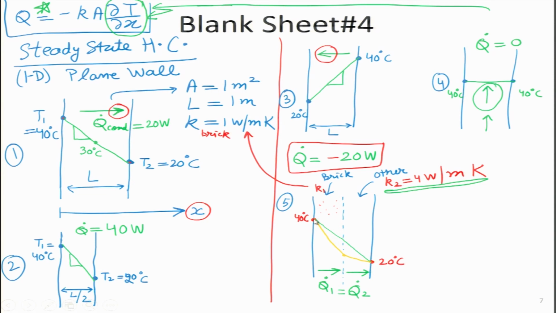So, essentially we will have 2 straight lines, both of them are straight lines, but their slopes will be different. This will be a lower slope, this corresponds to material 2, and this is the higher slope which corresponds to material 1. And this is a very interesting phenomenon that we are seeing, that the material which has very high thermal conductivity, in this case relatively speaking, 1 watt per meter Kelvin or 4 watts per meter Kelvin, the material which has high thermal conductivity will have a lower gradient of temperature compared to the material which has lower thermal conductivity. This also gives us some hint.